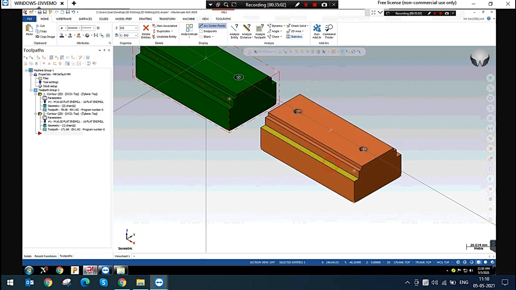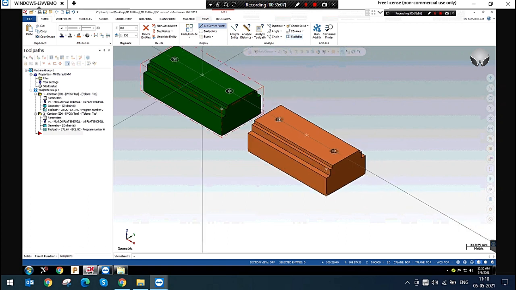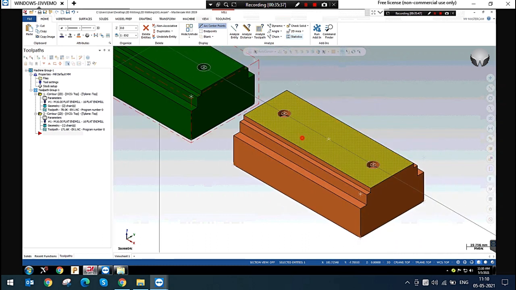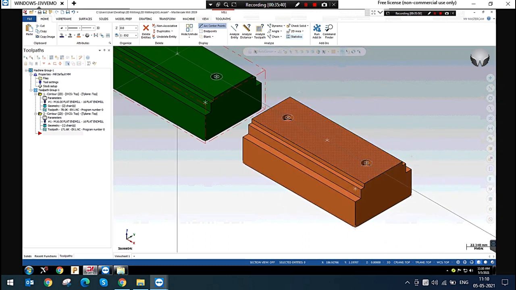You can convert, brother, but you are programming for a component. It's a simple component. You can convert it in Mastercam, but if you are doing large die machining, you don't need to convert because small problems will come. Small problems means if you convert surface to solid, solid to surfaces, a surface patching option will come. Surface errors. That's why you can convert. This is a simple component. You can convert this. There is no problem.